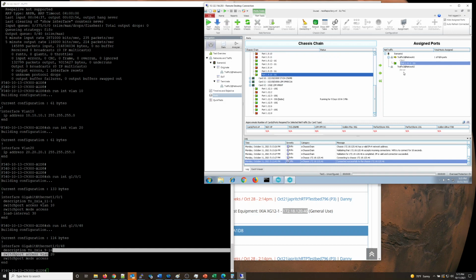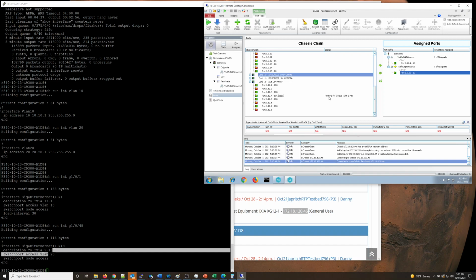There it is. I'm going to select the server now and migrate it over. And if for some reason you click the wrong thing, just click your port and hit this little back arrow. That'll put the port back in the pool. But for now, I've now mapped my client and server IXIA ports to the client and server traffic profiles within